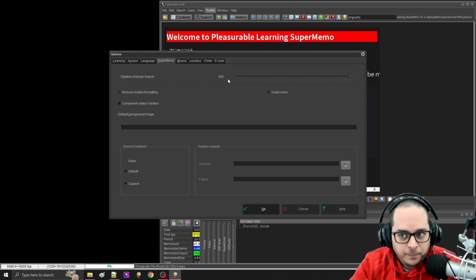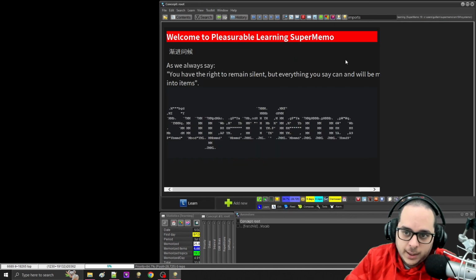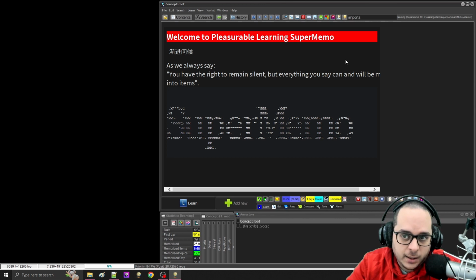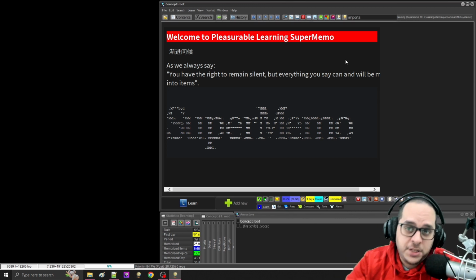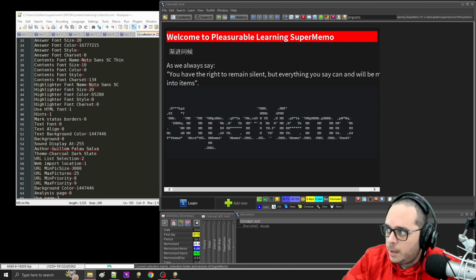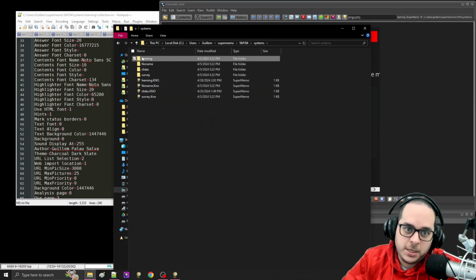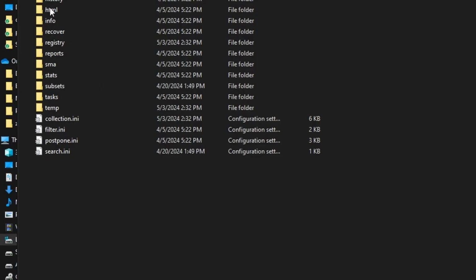There's something you can do. In the user interface, you can only do 5 to 500. But did you know that most of the stats here, the settings, are actually saved in a local file? And you can cheat by editing that file. And here you go. It's in your collection. In my case, here's the directory of the collection. In this case, it's my learning collection. And then it's this